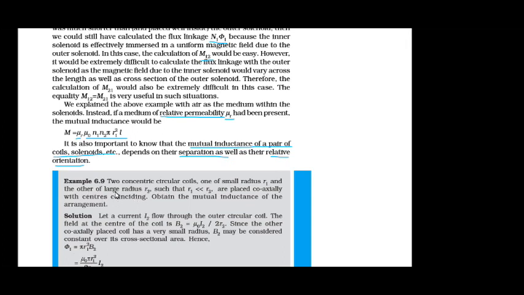Now let us do example 6.9. Two concentric circular coils, one of smaller radius R1 and the other of larger radius R2, such that R1 is much smaller than R2, are placed coaxially with centers coinciding. Obtain the mutual inductance of the arrangement. Let the current I2 flow through the outer circular coil. The field at the center of the coil is B2, that is mu naught I2